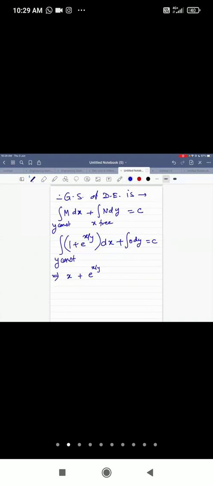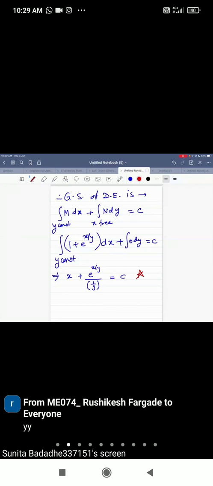And now we have to divide by the derivative of x by y with respect to x. So what is derivative of x by y with respect to x? It is 1 by y. Make sure that this step is clear to you, and equal to C. Is this step clear to you? I am making a star mark here. You also make it a star mark in your notebook. This must be clear to you.